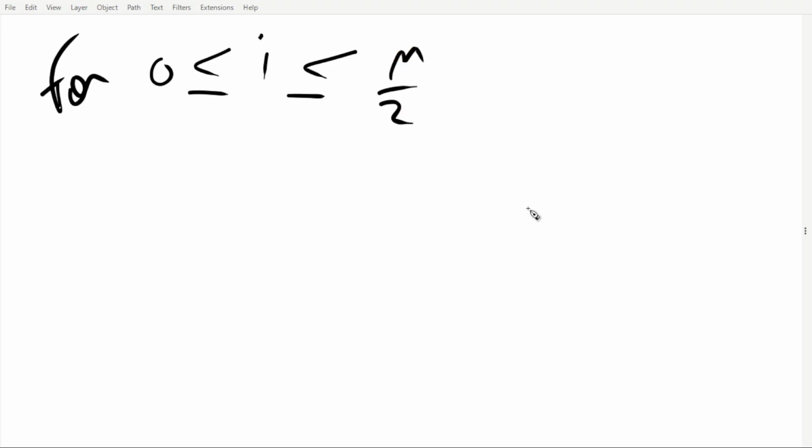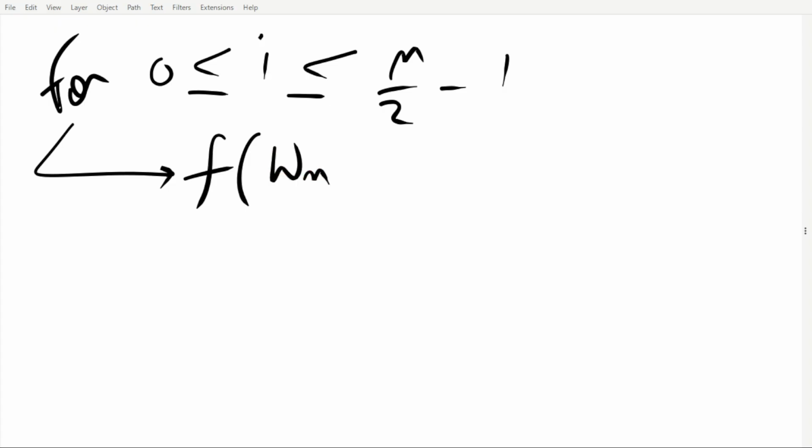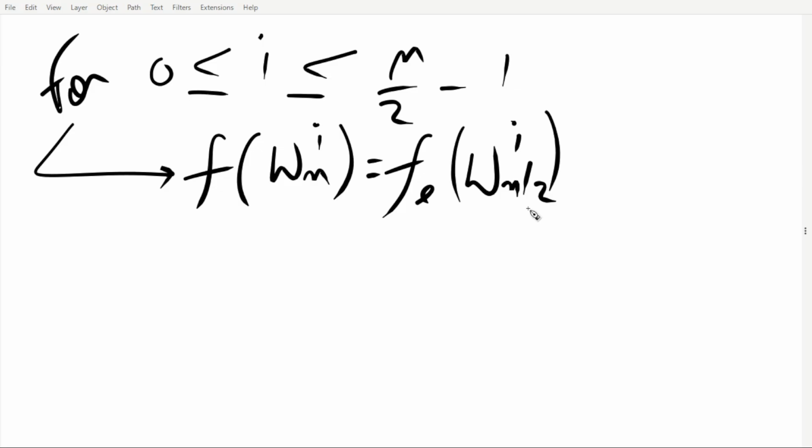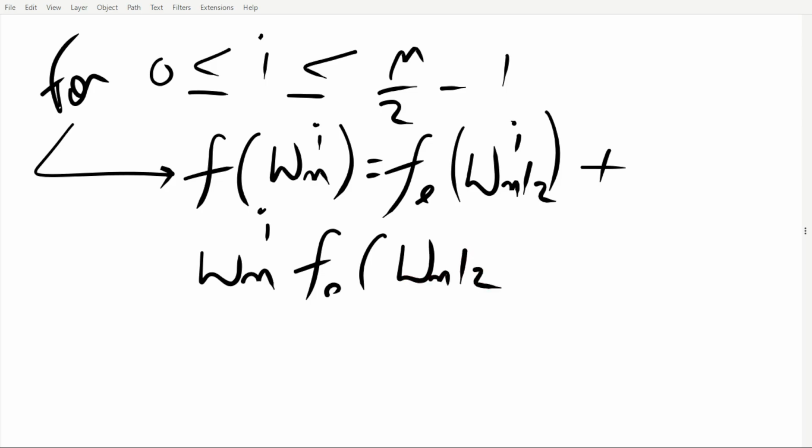So for i from 0 up to n by 2 minus 1, the first half we compute using the formula f of omega n to the power i is equal to FE of omega n by 2 to the power i plus omega n to the power i times FO of omega n by 2 to the power i. So these are the first half set of values,